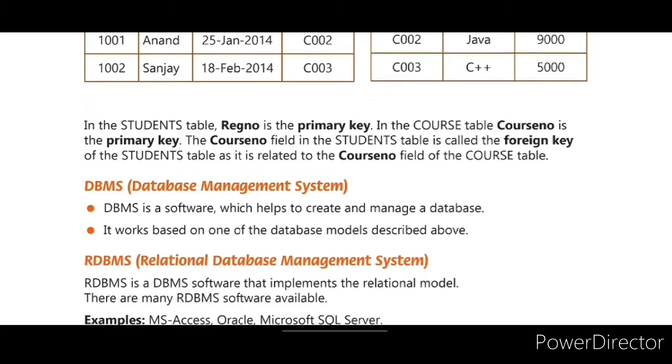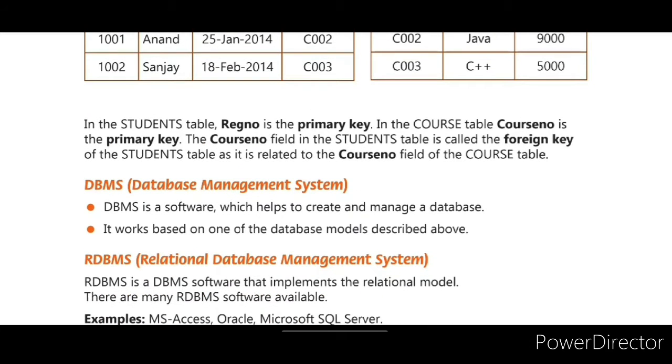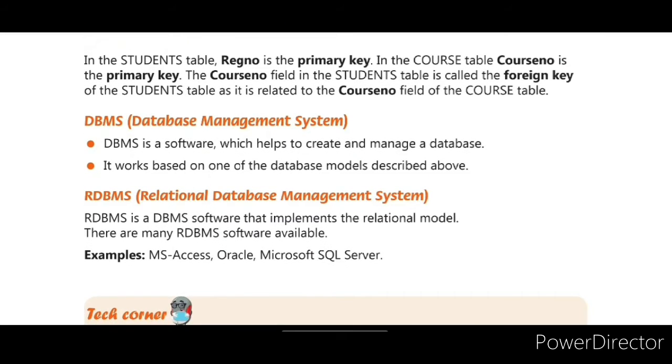Next we have seen the database management system. It is nothing but software which helps to create and manage a database. What is MS Access? It is a relational database management system. A DBMS works based on one of the database models which you have seen above.